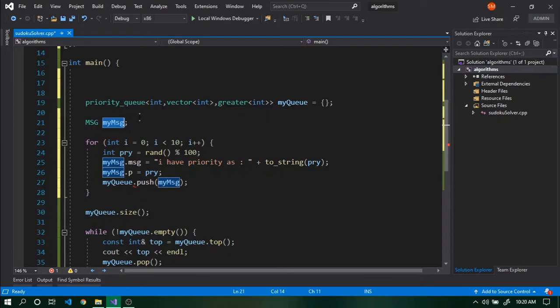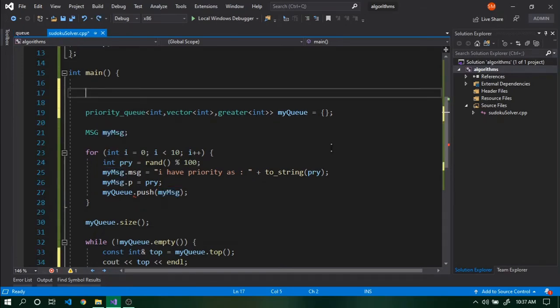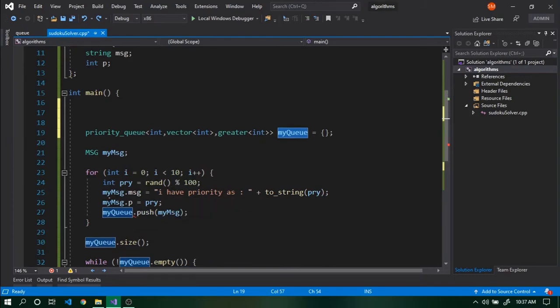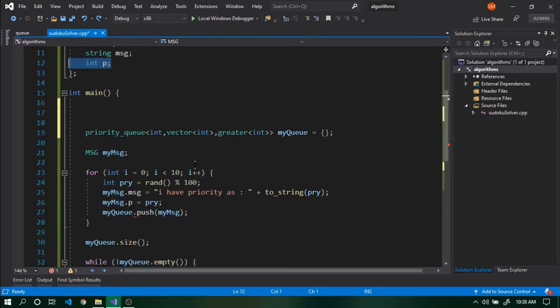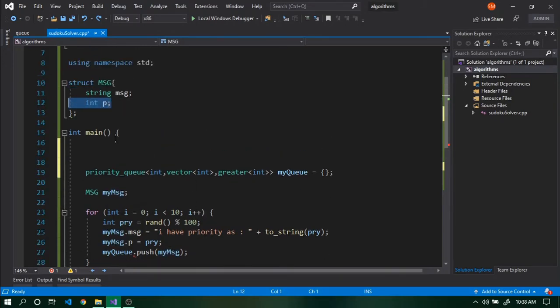So I can just have one struct, modify that struct and push that struct again and again, and it will push new values. Now we need to modify our priority queue signature so that it matches and can take my message as its argument, and it can process my messages depending on our priority. Now it's going to look a little bit ugly, but that's how the syntax is.